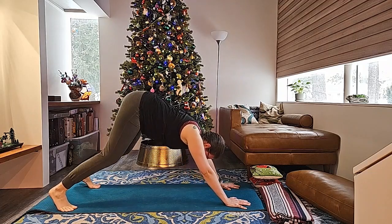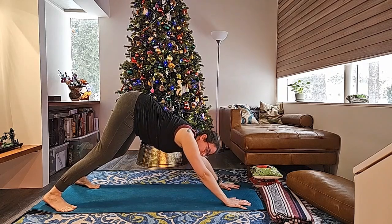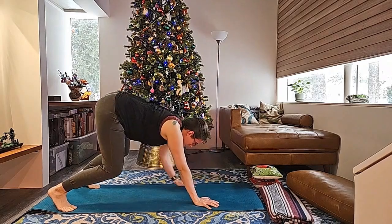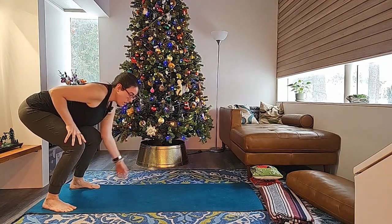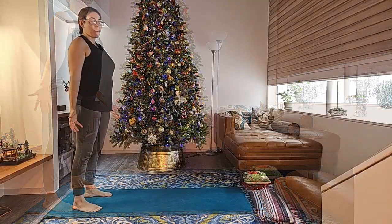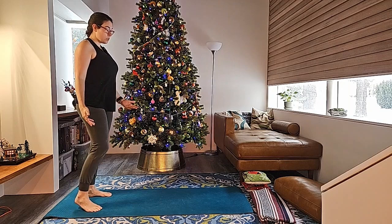And then to come up out of our downward facing dog, we're going to do something a little different today. Let's bend your knees, walk your hands backwards towards your feet, end up at the back of the mat, wide stance, hands on thighs, guide yourself up to standing. All right, so now that we are standing at the back of the mat, let's go ahead and walk to